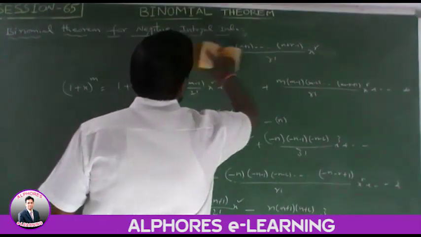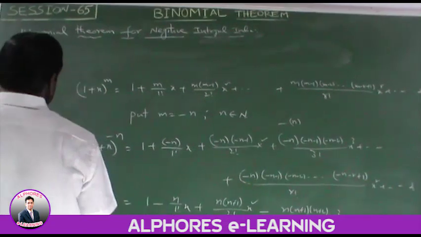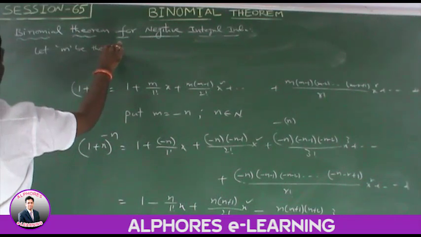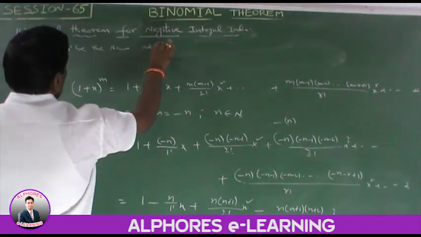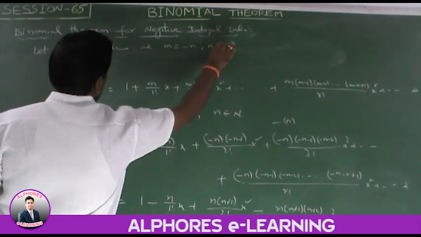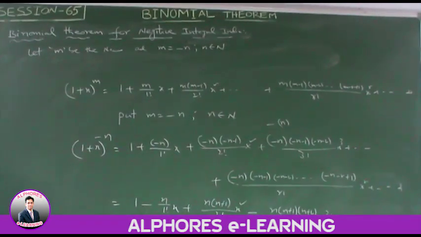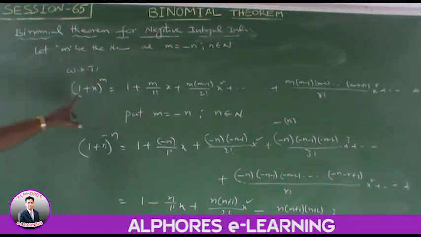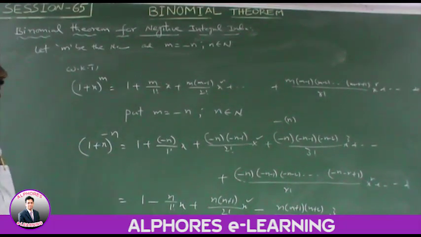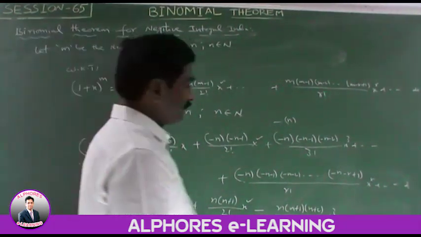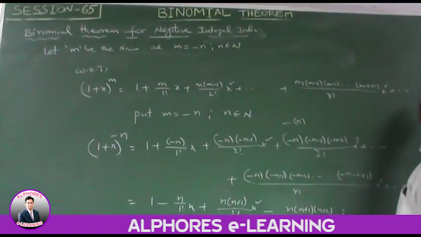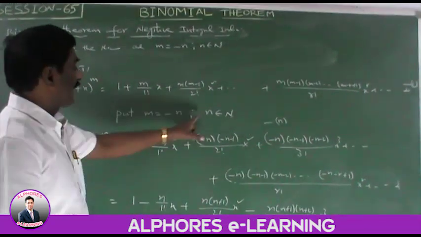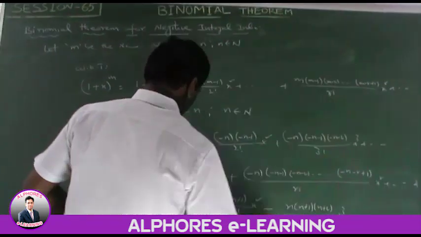Let m be the negative integer and m = −n, where n belongs to N. We know that (1 + x)^m is equal to this formula. This is equation number 1. Put m = −n, where n belongs to N, in equation 1. Then we get